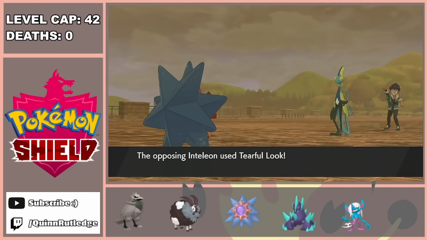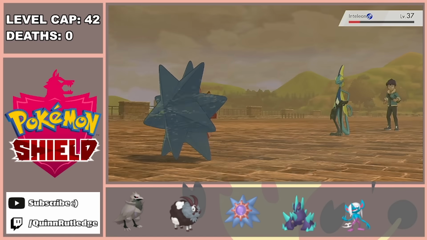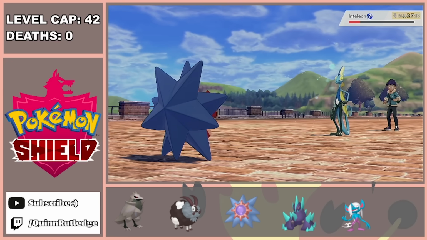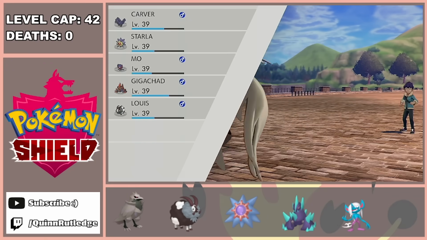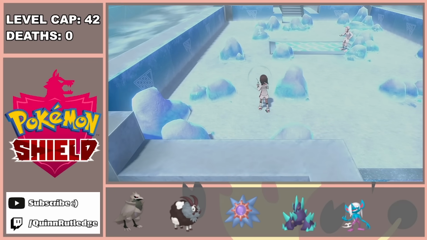Finally, he's down to just his ace Inteleon, so we bring in Starla, who hits it with a few Thunderbolts, but ultimately gets its special attack dropped too much by Inteleon's Tearful Look. So we have to make a swap to Corviknight, who's able to finish it off with a Drill Peck. And that's 0-5. Now it's just a short trip to Circhester, and after making our way through my least favorite